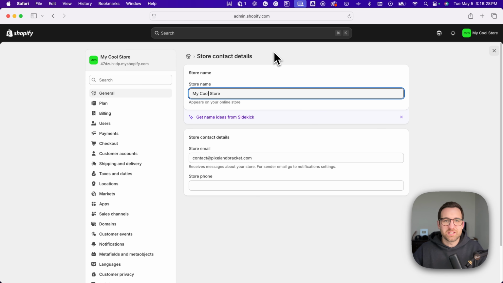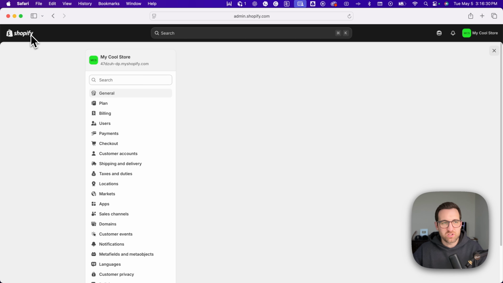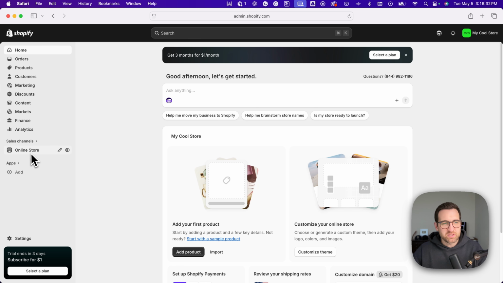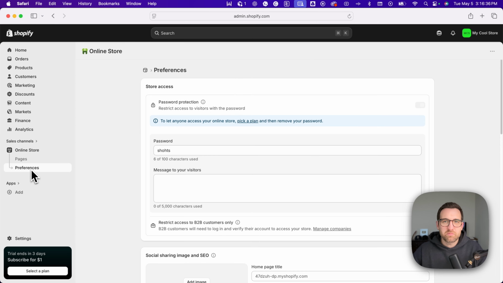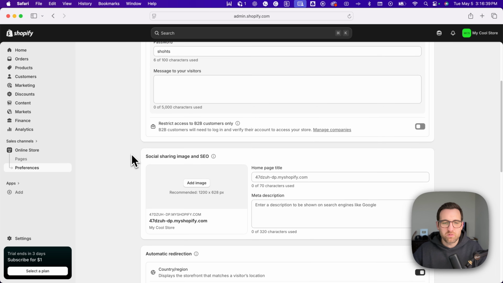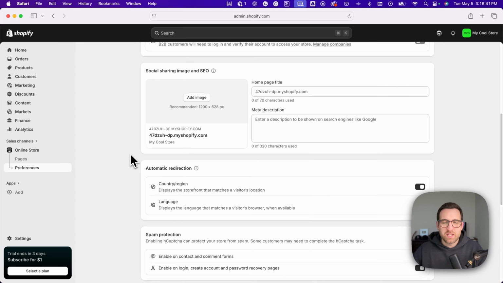And that's back on the dashboard screen. So we're going to just click the Shopify logo, and then down here we see Online Store. Click on that and go to Preferences. Inside of Preferences, you're going to see some social sharing stuff down here, and that's where you would want to change like the SEO title or the homepage title, like how it's shared either in Google search results or on